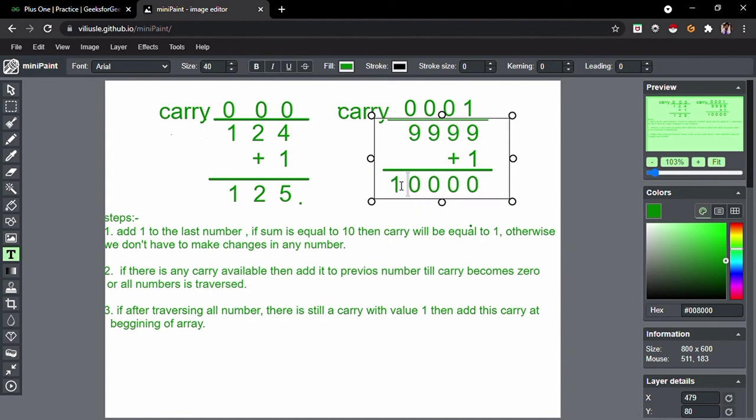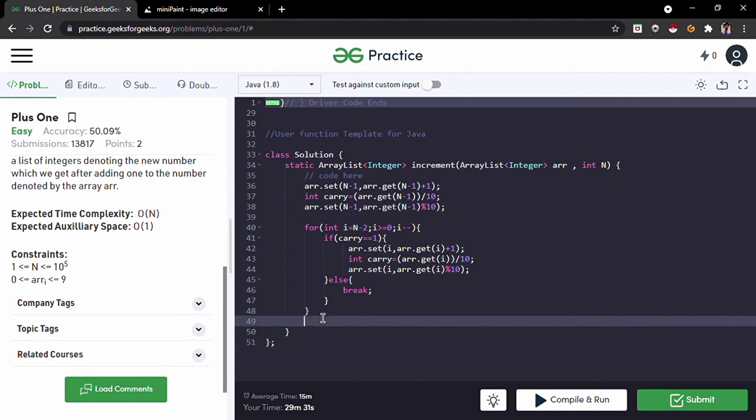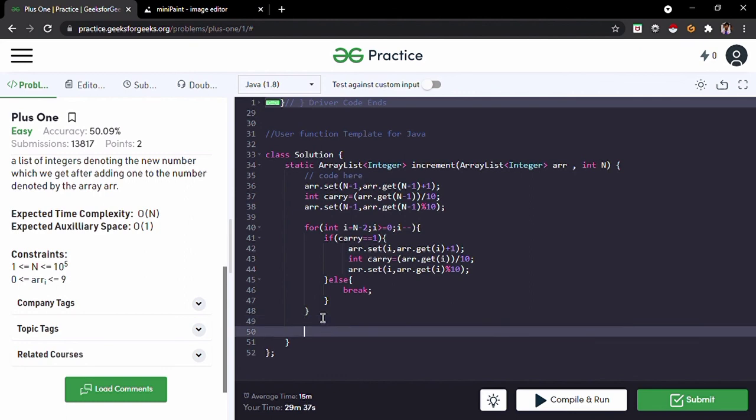We have to put that carry at the very beginning of the number. So for that, we can't use the set function, because the set function only replaces the value of whatever index we want to use. So for that, we can use the add function so that it pushes that value to the very beginning of the array list.